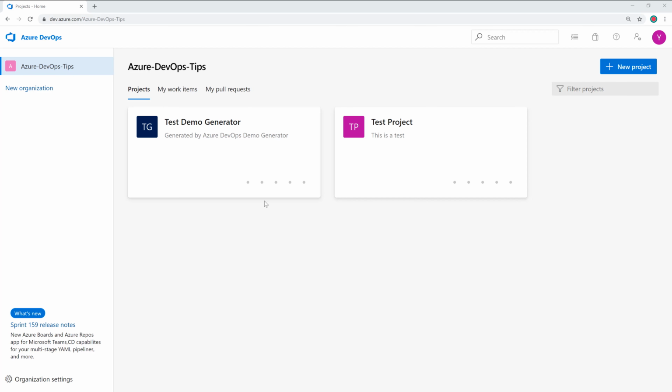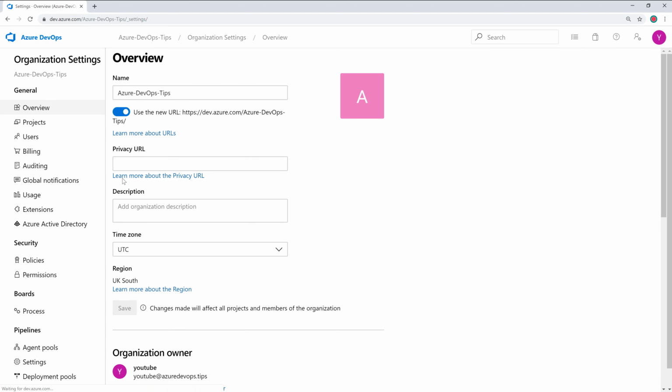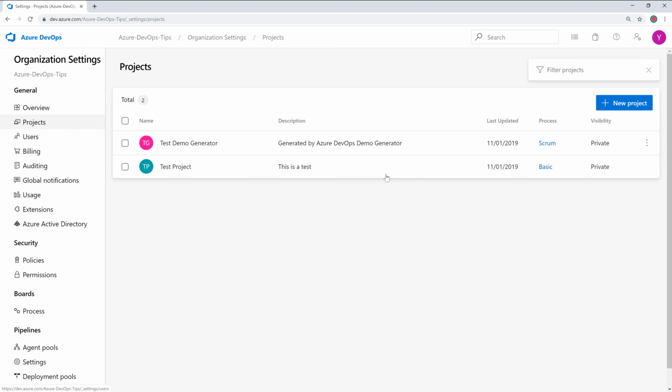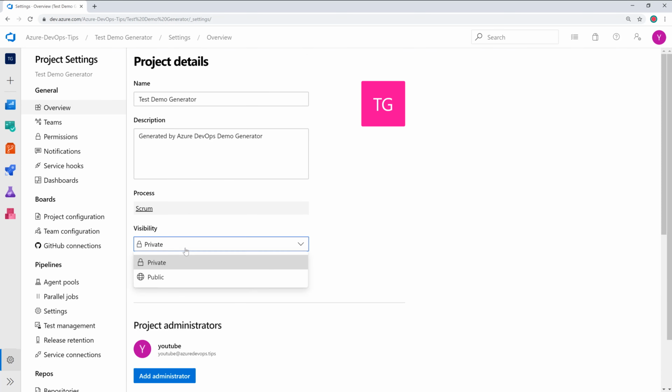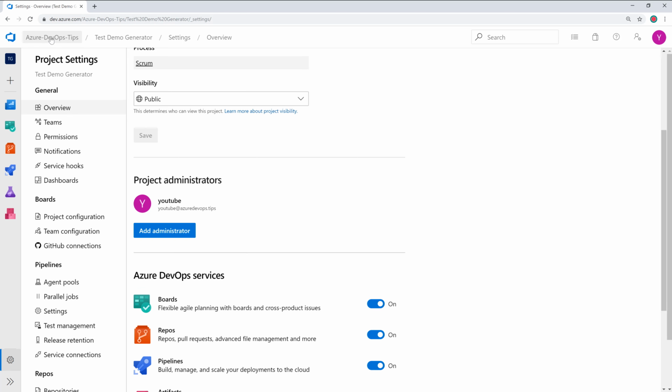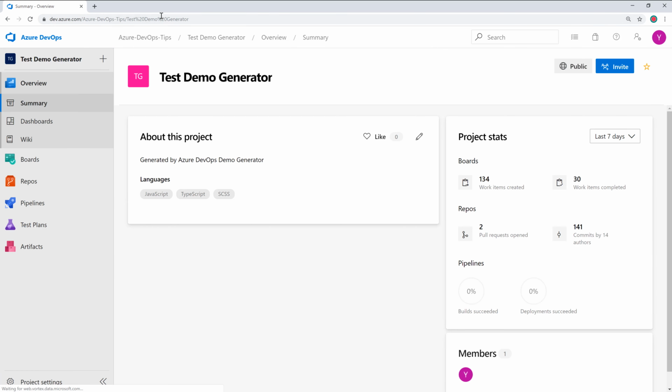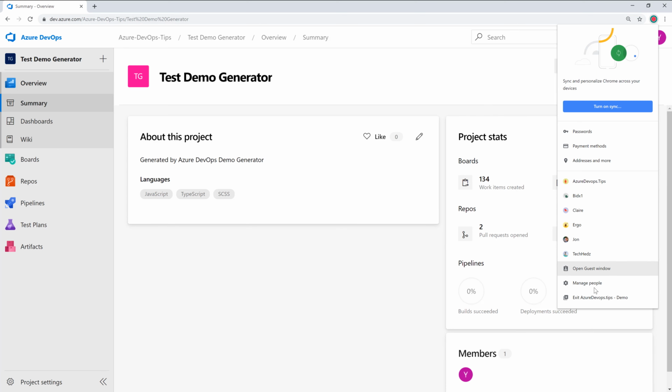So first things first, I've got two projects here. They're both set to private. If we go to the organization settings and then click on the project, you can see visibility is private and private. So I'm going to change this test demo generator project to be public. So just go into the project and set it to be public. Save that. Now I'm going to go and take a copy of this URL, create a new